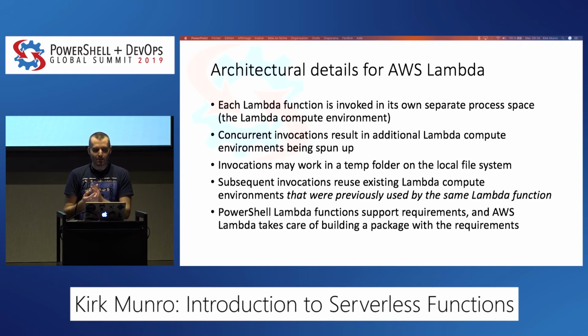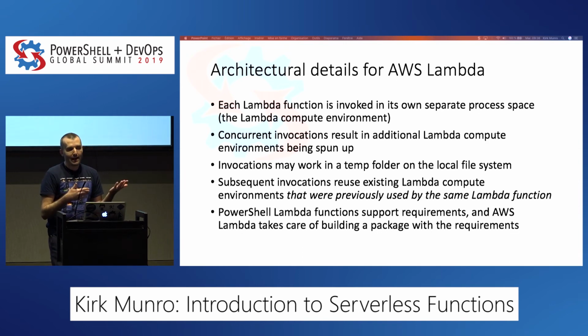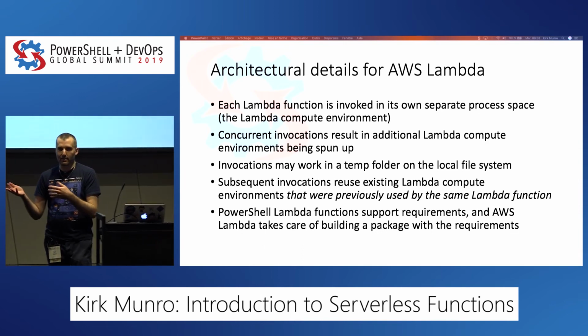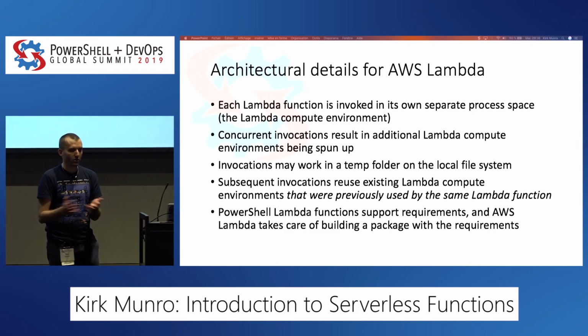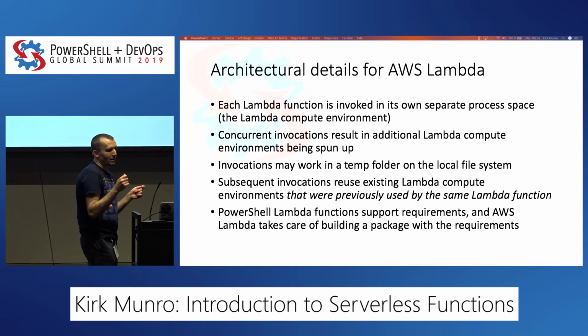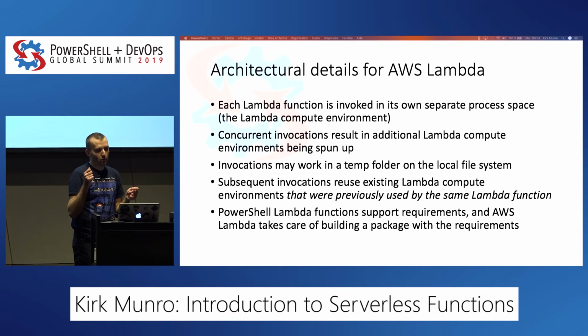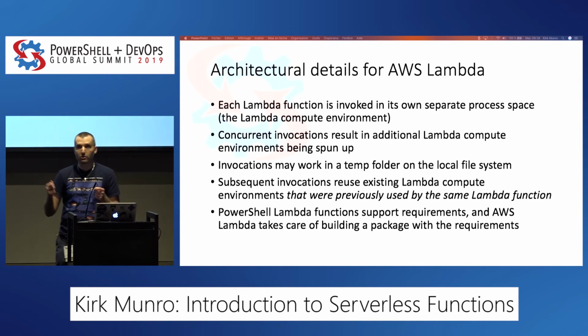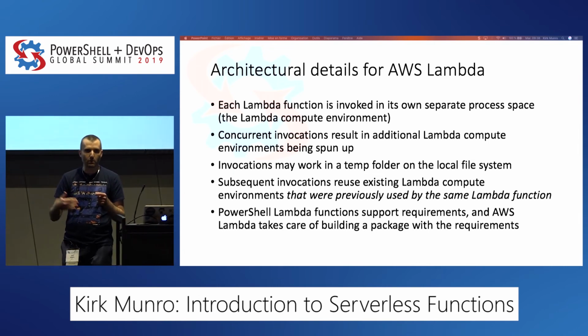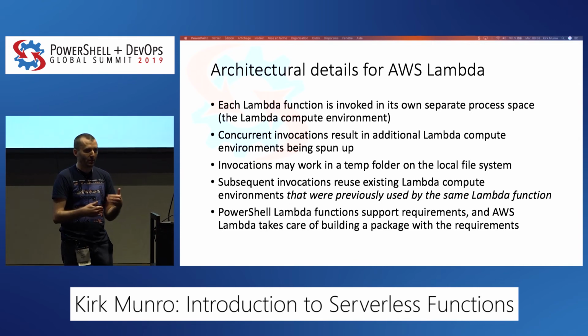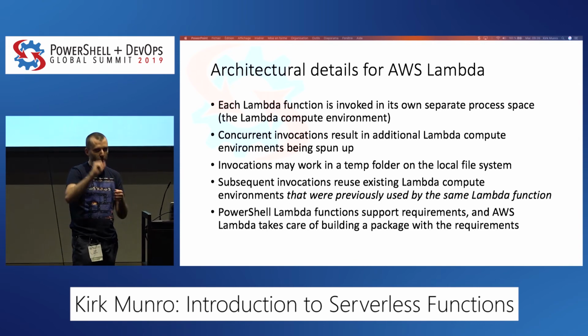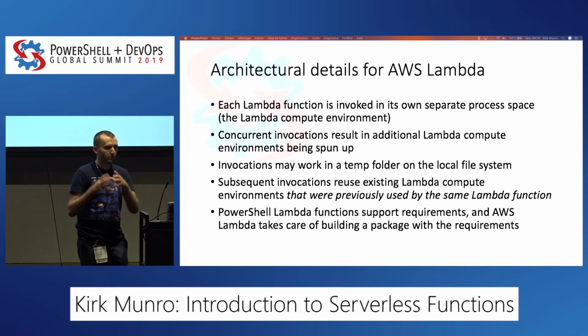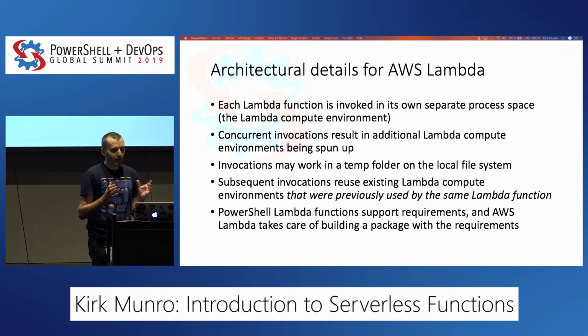Invocations for AWS Lambda work with a temp folder on the local file system. So you need to know that. Normally you wouldn't care, right? You're thinking it's going to spin up a compute environment, run the process, do the work, and if it works with temp, that's fine, and then it goes away, except that subsequent invocations will reuse existing compute because they're trying to deal with performance as well, right? Serverless, we want it to appear that you don't have to care about this stuff. We want it to appear snappy, and you can just throw your bucket of spaghetti at the wall, and it'll just work. But